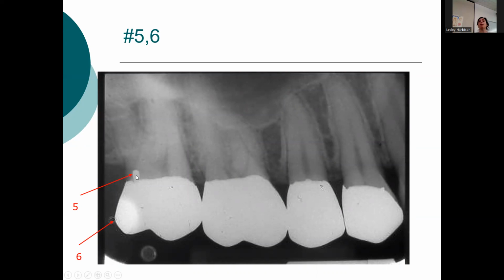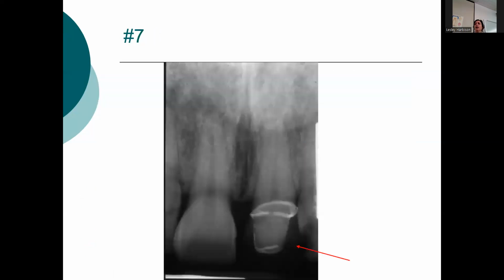And so what is 5? A post, or maybe a pin. I think it's a pin, maybe. I think they put in pins around to build it up. They put in posts and pins for buildups. I think post is